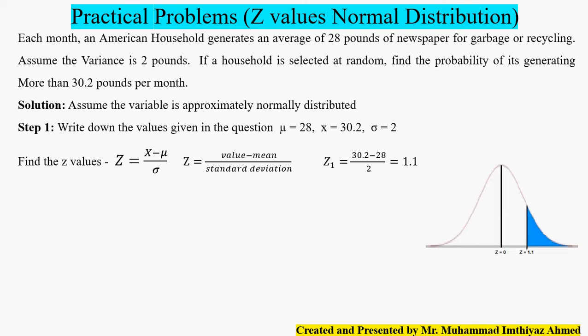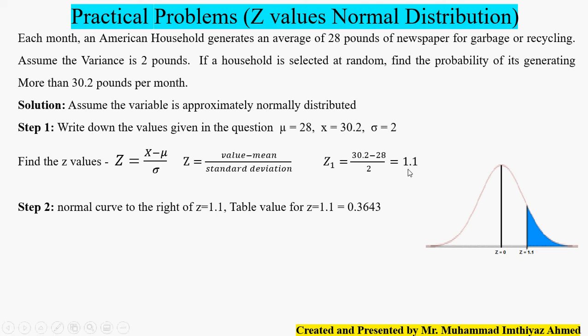If you draw a diagram of normal distribution, our z equal to 1.1 comes on the right side, as you can see, I'm indicating with the arrow. So it is coming on the right side, it means positive. Step number 2, normal curve to the right, z is equal to 1.1, that is our answer what we arrived. We need to find table value for z is equal to 1.1. So when you find the table value, you will be getting